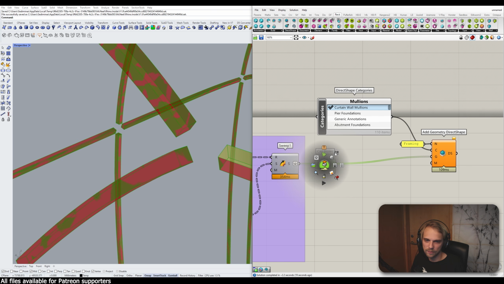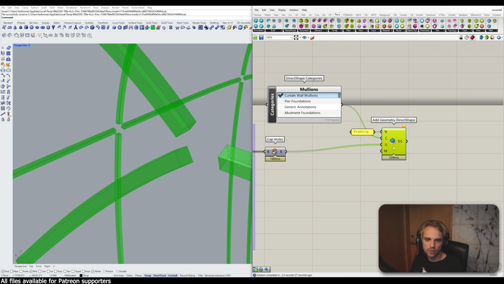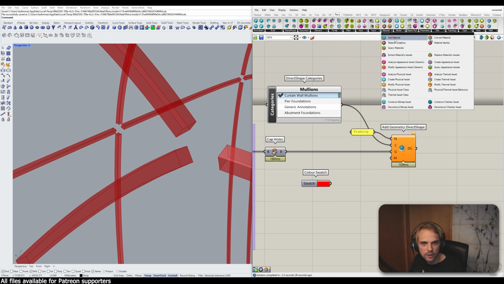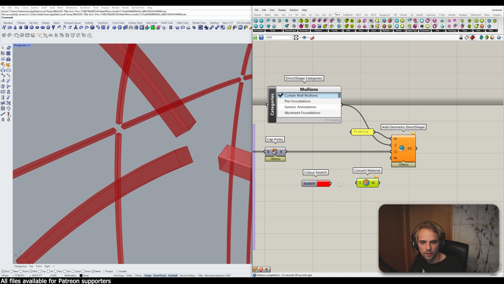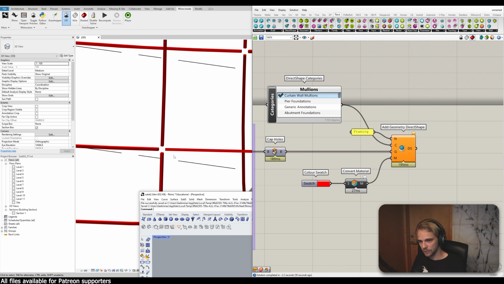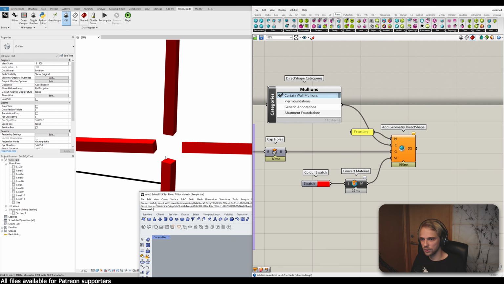Don't worry about it. Let's make it also some pretty color. So let's create a color swatch. Let's make them red. Why not? And let's use, under Revit material, convert material from red color swatch to a material and connect it there. It will not show up here, but you can be sure that inside of Revit, your rectangular beams are going to be red